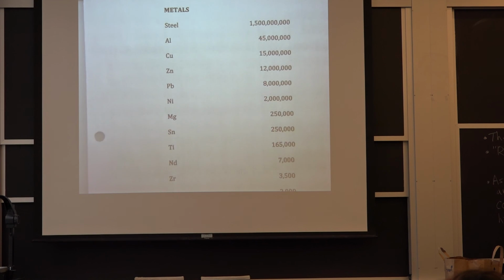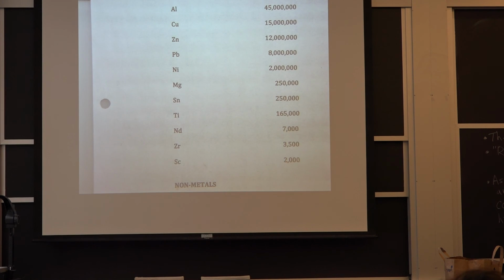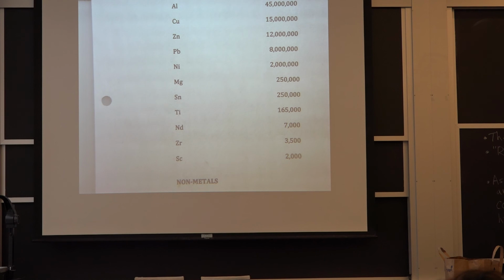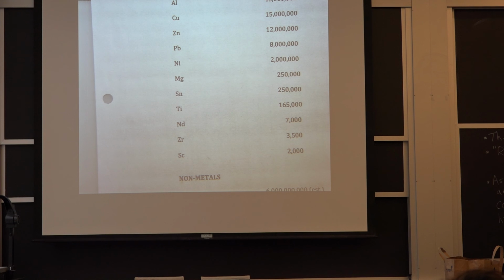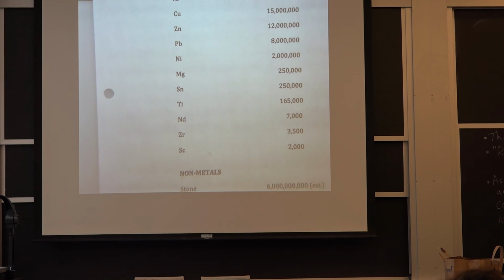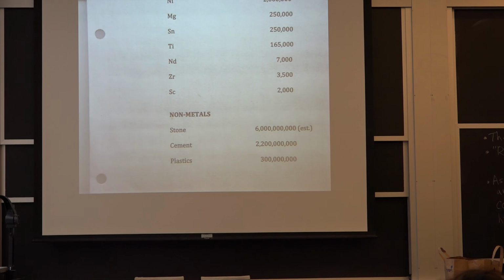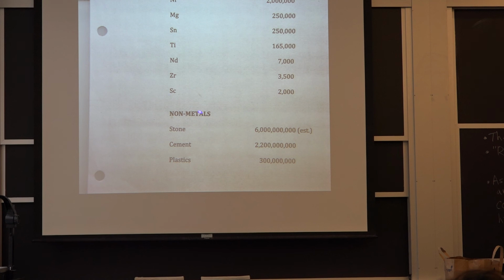And you go down here, and I just picked off some others. I Googled scandium once, and worldwide production of scandium is 2,000 tons a year. Ta-da! What do you use scandium for? Anybody know? No one from an aluminum company? Baseball bats! It's an alloying element that the Soviets developed to give very high strength aluminum alloys. And the highest strength aluminum alloys go into baseball bats. Okay, that's another story.